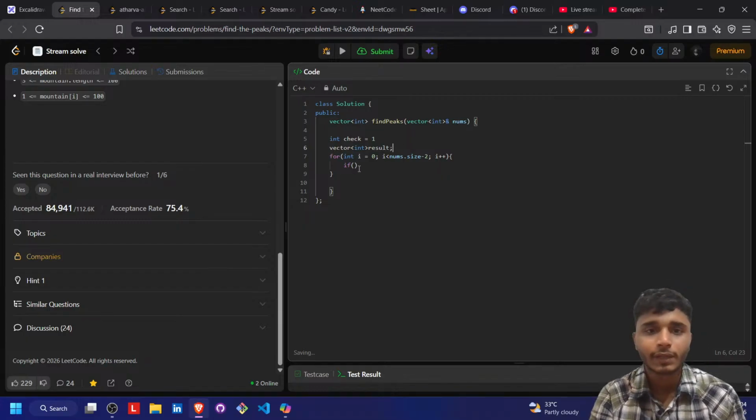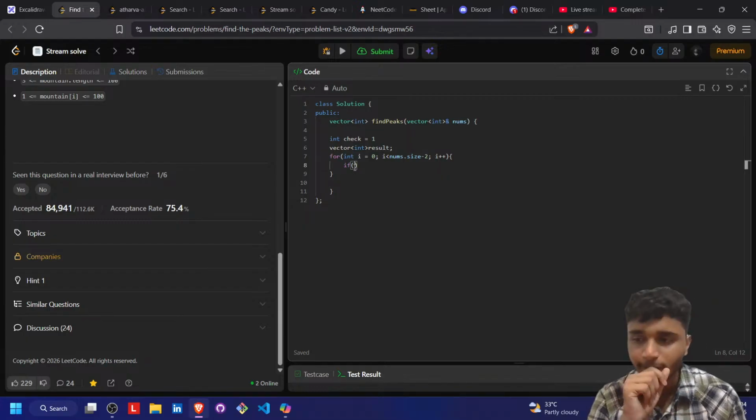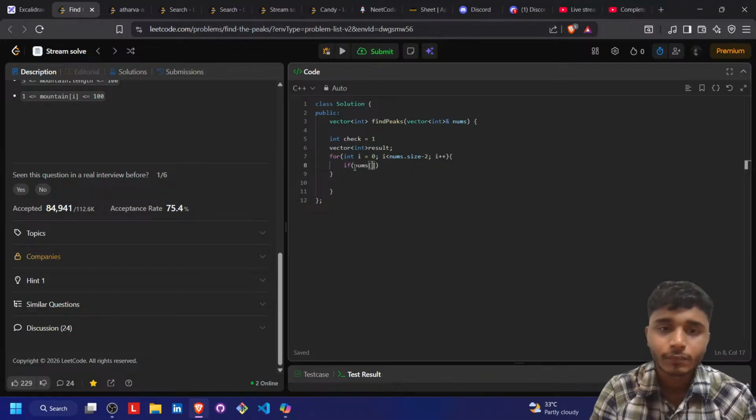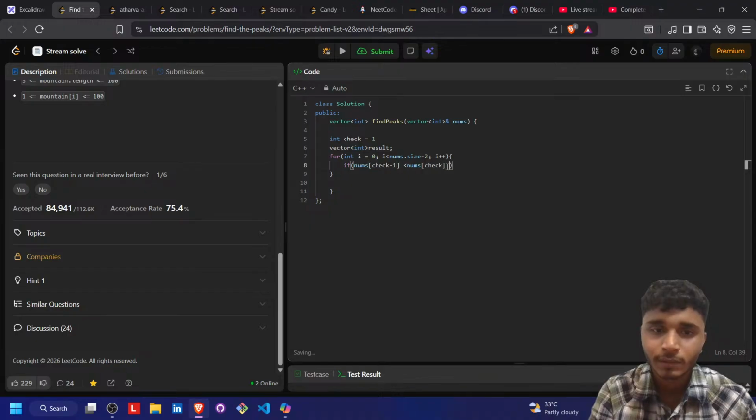Then after that we can add a condition: if nums[check] is more than nums[check minus one], right? If it's more than check minus one, and